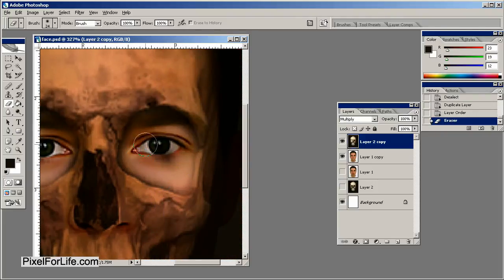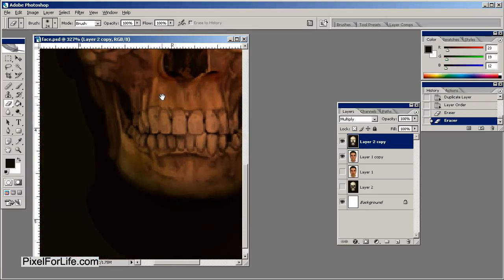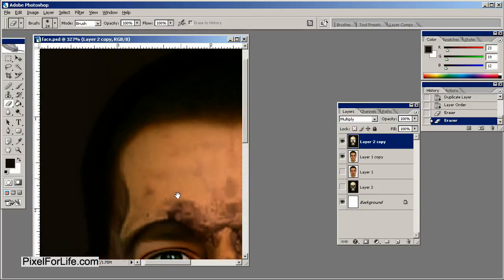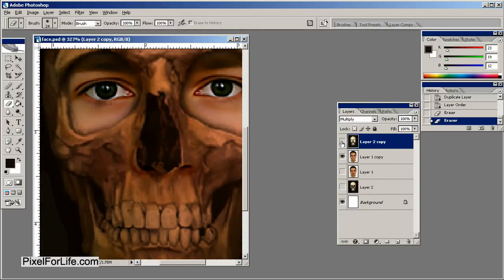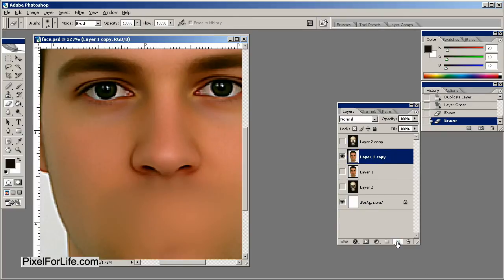Now, you could just do one side, and that would actually create a pretty cool effect, but I decided I wanted to do both. Alright, so that looks pretty good so far. Now, I want to go ahead and get off that layer, go back to this layer, create a new layer above it called Eye,